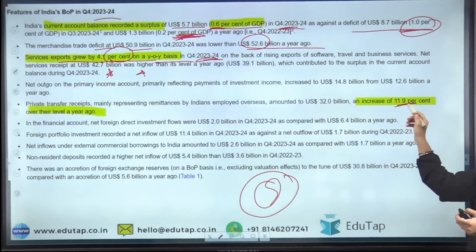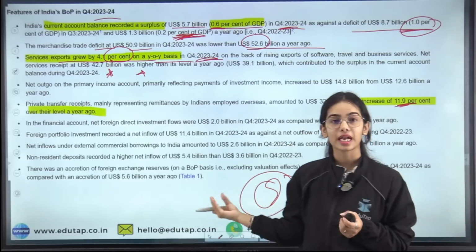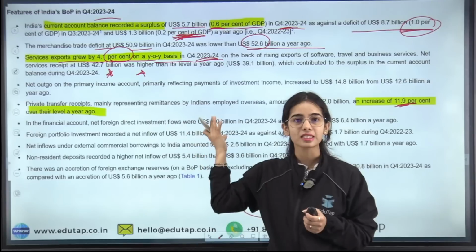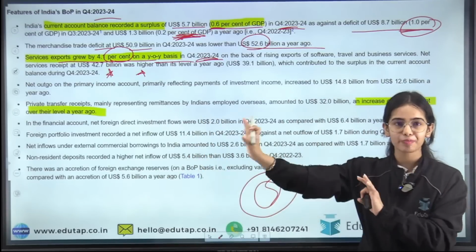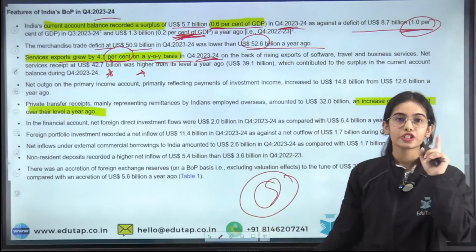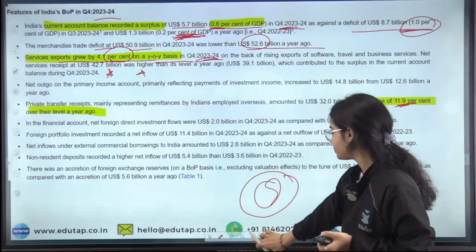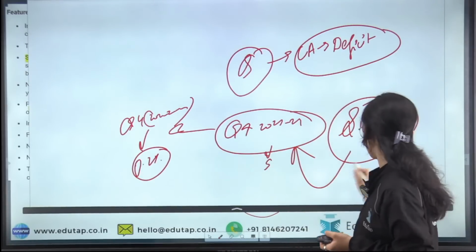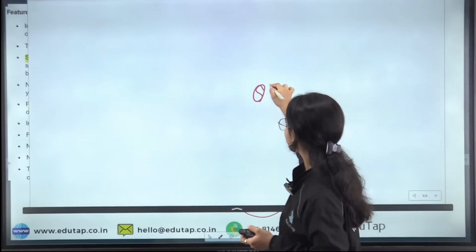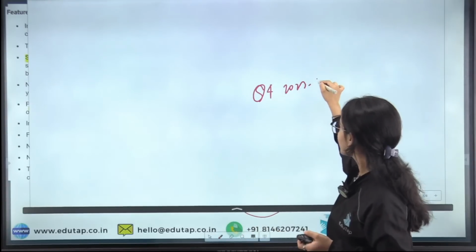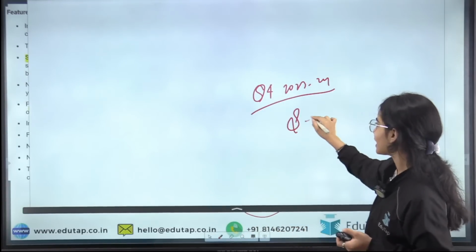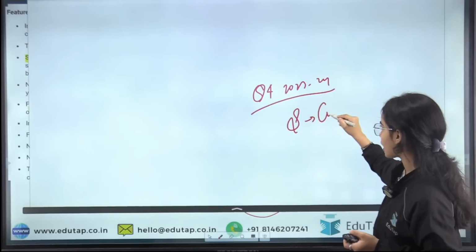Usually the percentage data is more important, so that you can read. Otherwise quarterly data is not as important. You can just have a reading. Just remember the current account surplus has happened in the fourth quarter. So in the quarter 4 of 2023-24, there is the surplus that has happened in the current account,